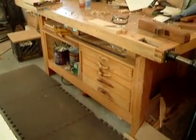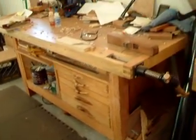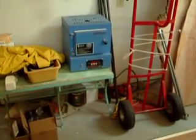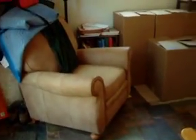My workbench that I built in 1996, I think, so it's about 15 years old. And there's one of Karen's kilns. She has 2 kilns, one of them set up here. We'll go into the back room here. I think this is a 12 by 24 room,